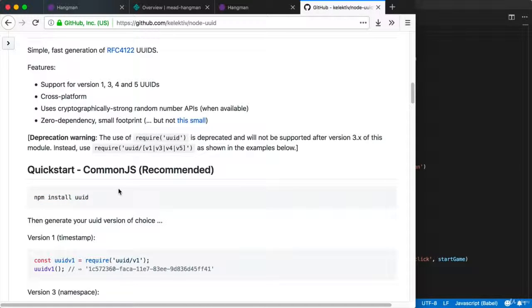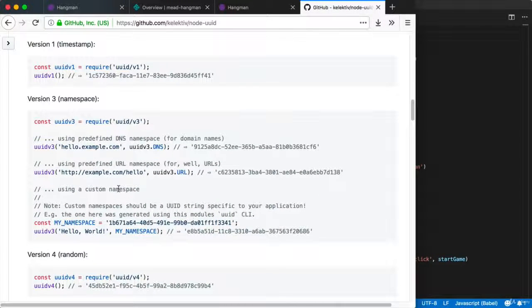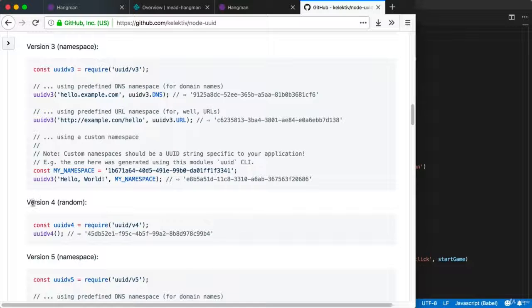Now, if you remember from earlier, we had used the v4 algorithm, and I told you that the versions didn't mean one was newer or one was older. The versions just talk about exactly how the ID is generated, and this is a completely random one, which is what we want. Now down below, we have a little code sample as to how we can use this, but